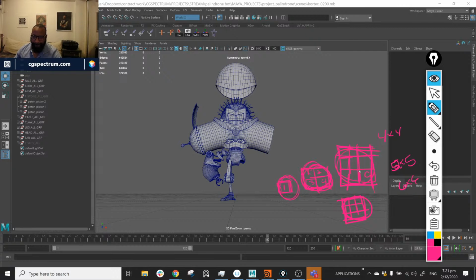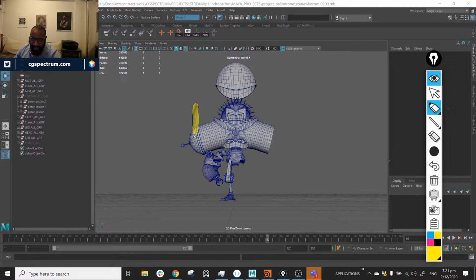Okay. So I said I'm going to take UDIMs and square. All right. Cool. So how do I want to break this up? So I think I'm going to break it up like this. I think I'm going to break it up to have this whole thing